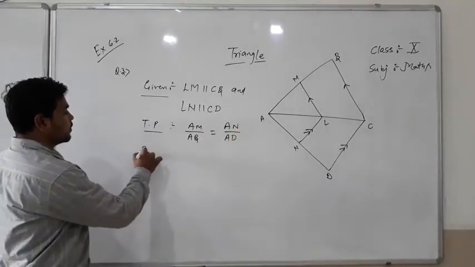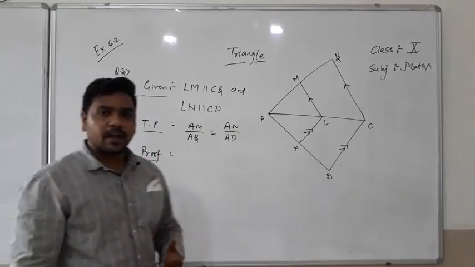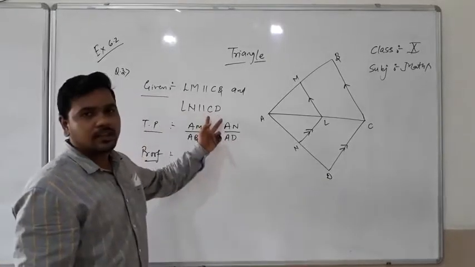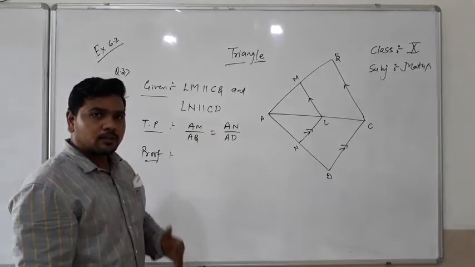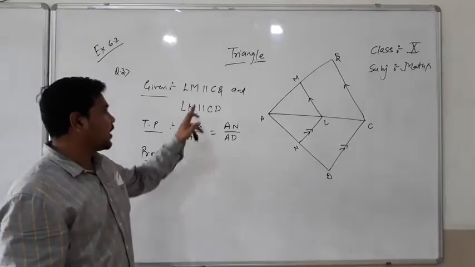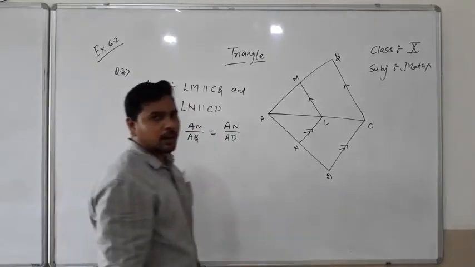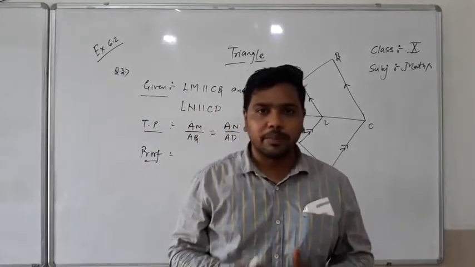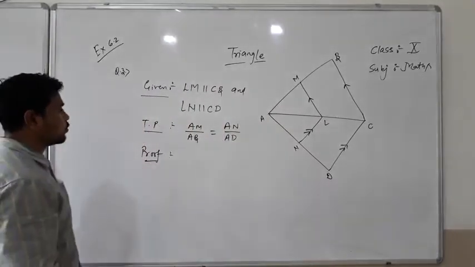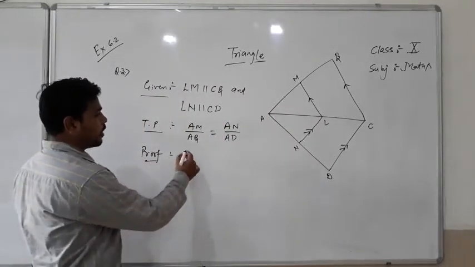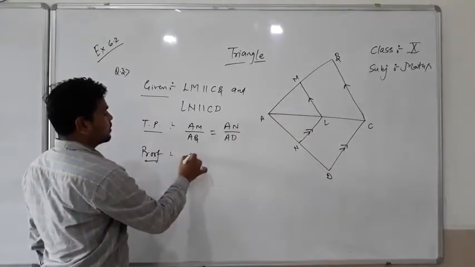So students, first of all, this looks like the BPT. As in BPT, parallel lines are given and you have to prove the ratios; as in this question, lines are parallel and we have to prove the required ratio. So it is similar to the BPT theorem. We will use the BPT concept and solve this question. First of all, let's come to triangle ABC.